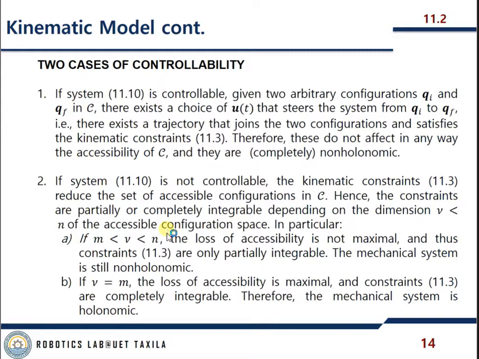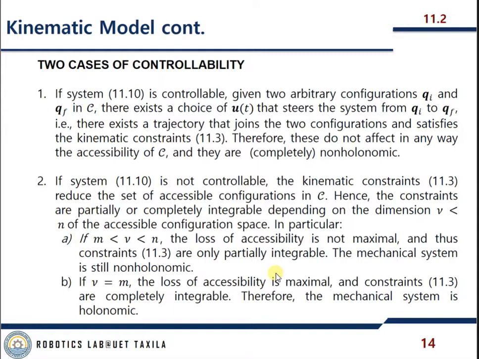If the system is not controllable, the kinematic constraints reduce the set of accessible configurations in C. Hence, the constraints are partially or completely integrable, depending on the dimension of V, which is going to be less than n, of the accessible configuration space. So what is V and what is n? n is the number of degrees of freedom, and m is the number of inputs. So if the number of inputs is going to be greater than the